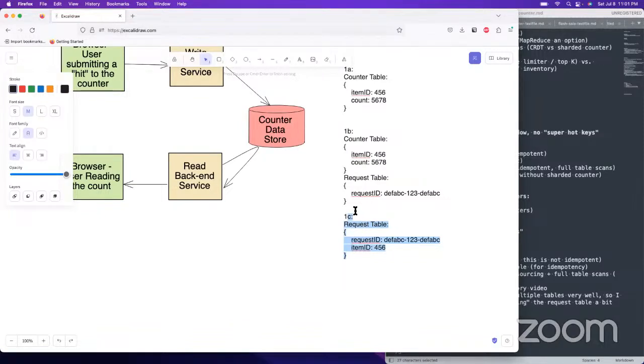This will scale up into an OLAP use case. While 1B would scale up to sharded PostgreSQL, and 1A, you could do CRDTs, could probably do DynamoDB.